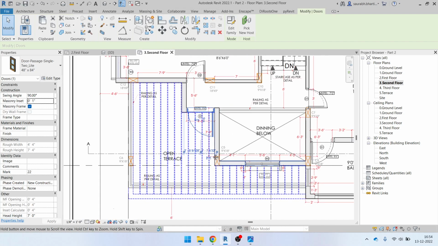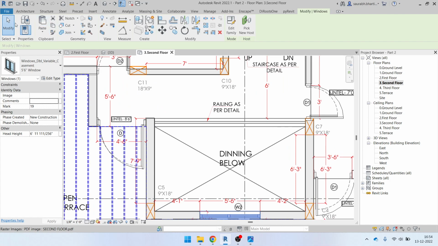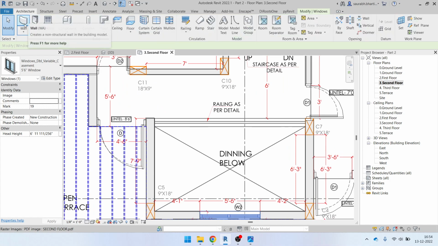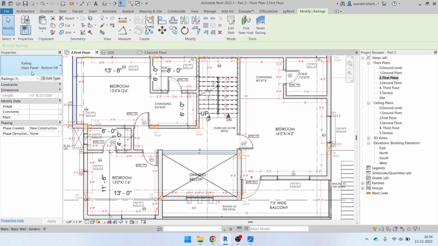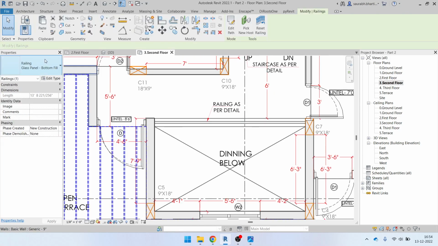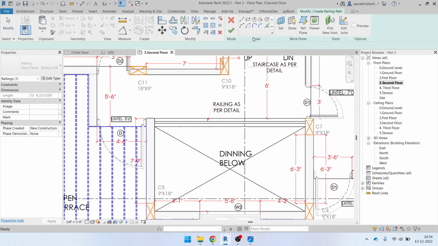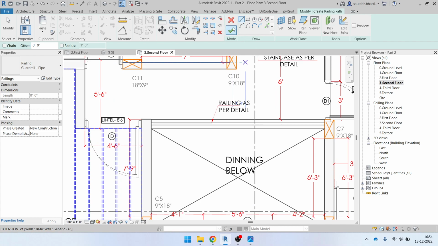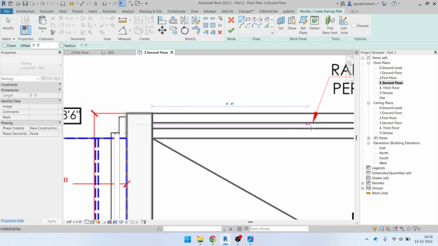Okay, so now that we have it, we have this window. Again, we have a railing here, so I will go to the architecture. Here you can use the same railing that we used on the bottom floor, like on the first floor. So let me see what type of railing that we used. So this was glass panel bottom fill, so we are going to use the same type of railing. So I will go to the second floor, click on the architecture, and here I will go to the railing. In railing you can select this glass railing again, and then try to draw this railing from this part